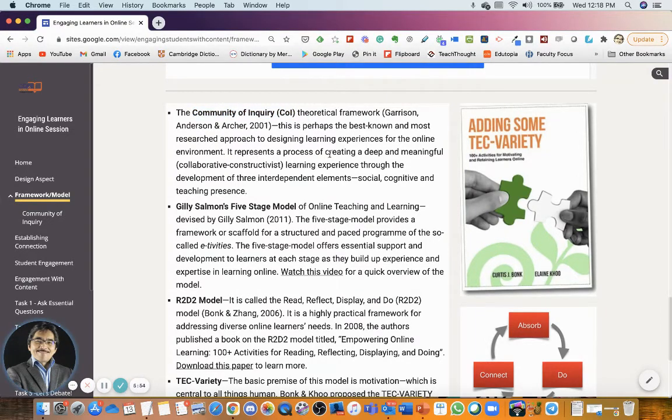It represents a process of creating a deep and meaningful learning experience using the collaborative constructivist principles through the development of 3 interdependent elements: social, cognitive, and teaching presence. So we will dive into this model to learn more and see how we can apply this in our own